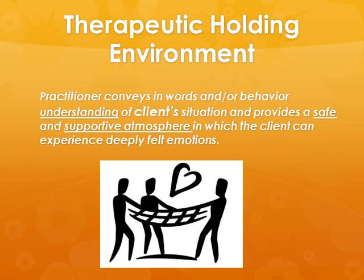Therapeutic holding environment, and just in brief, this is our holding space. We are like a container, and if you could imagine that we have this large area that we're wrapping our arms around, figuratively speaking, and everything that goes within that parameter of our arms, it's the words, the behaviors, the actions, the feelings, everything the client brings, and we are containing it. Using our skills, using the words,